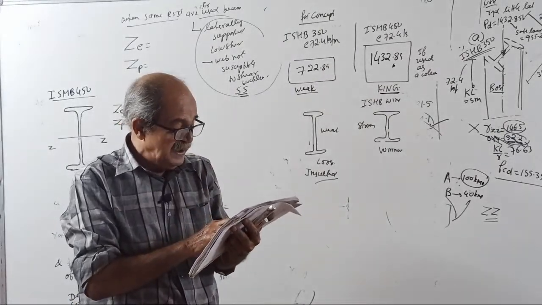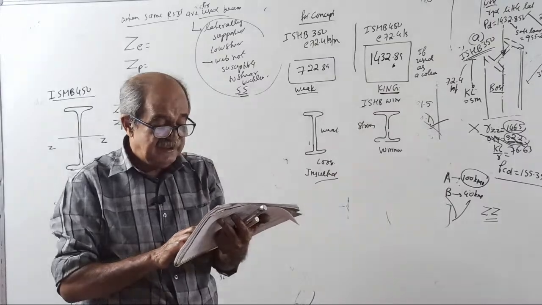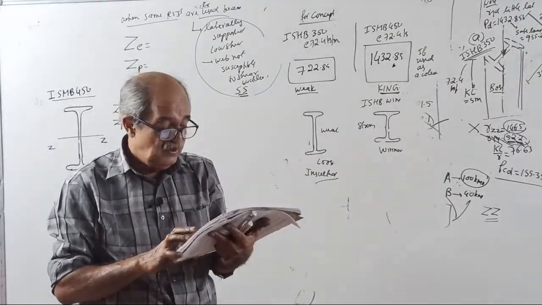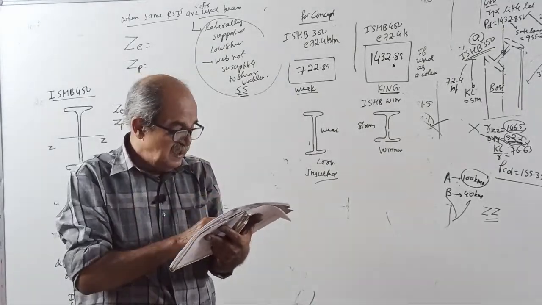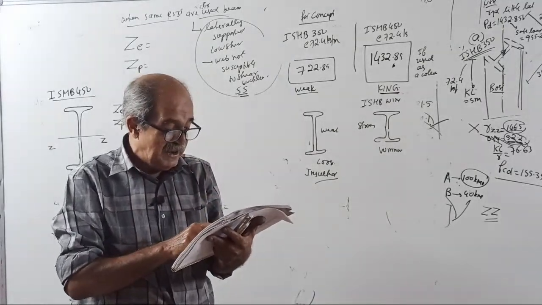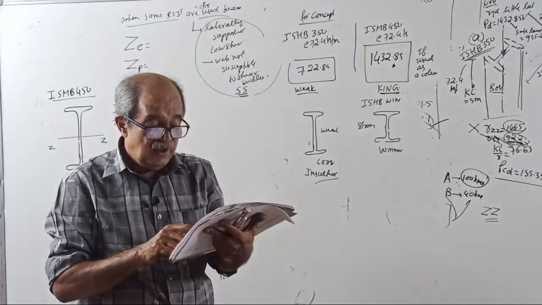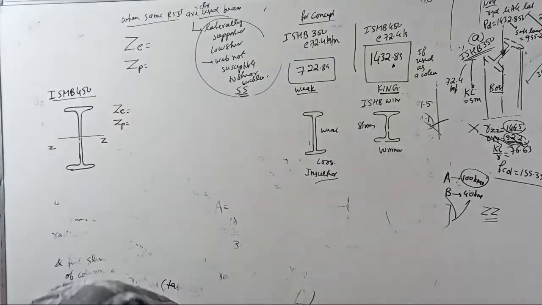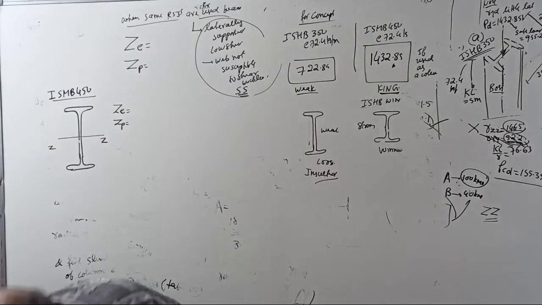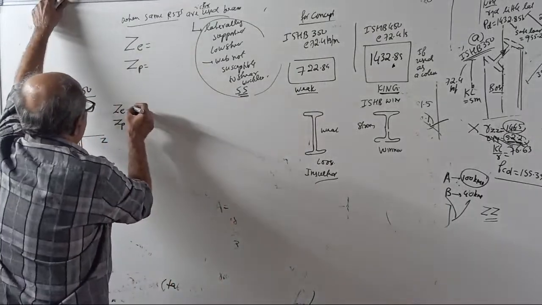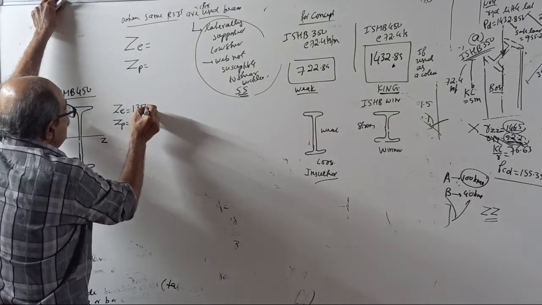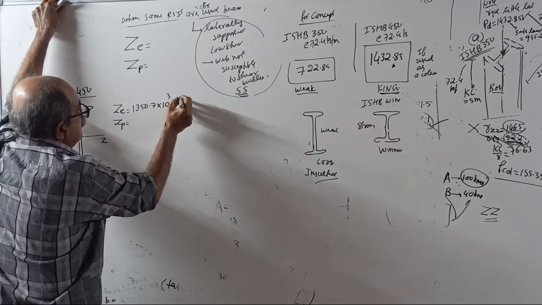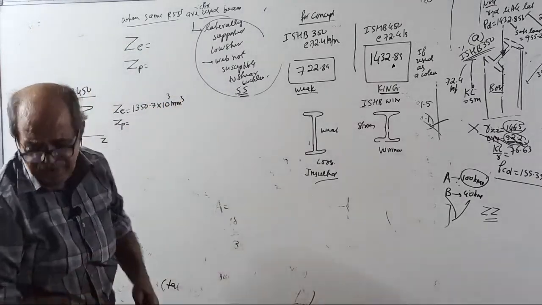For ISMB 450, Z elastic is... you are not giving the answer. ISMB 450 I am telling, which is right. Z elastic is 1350.7 × 10³ millimeter cube. And Z plastic is